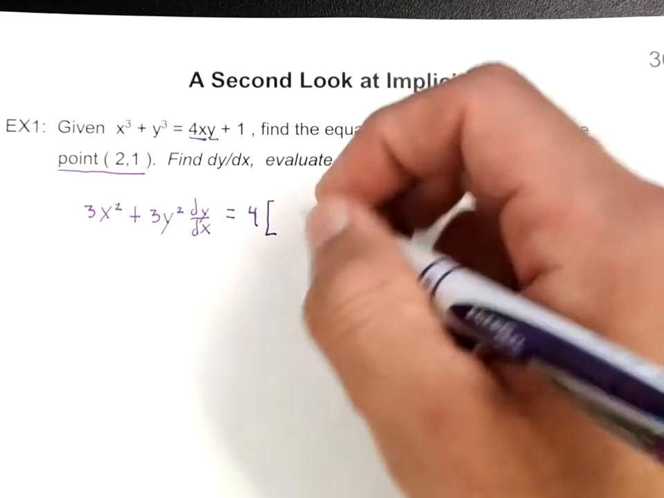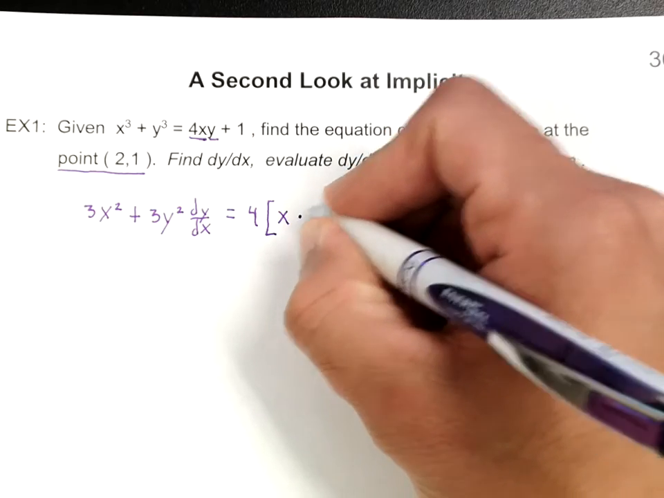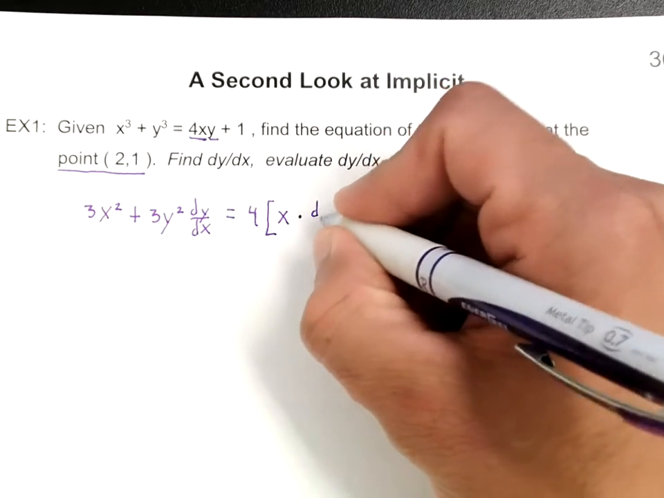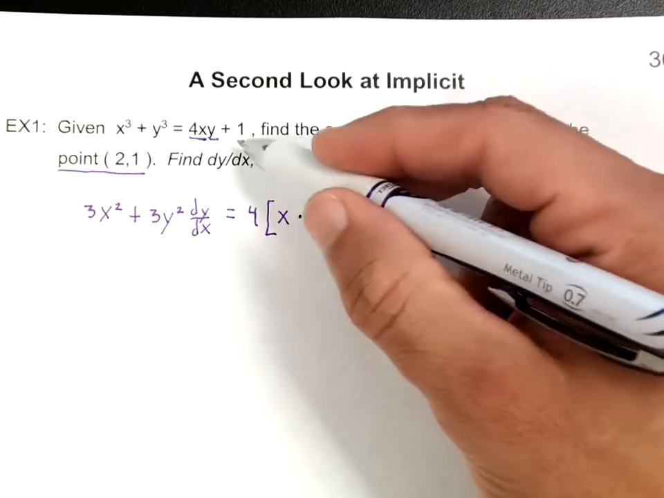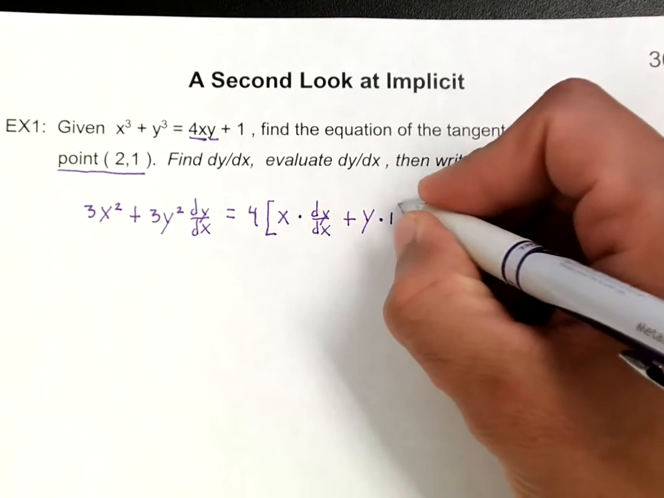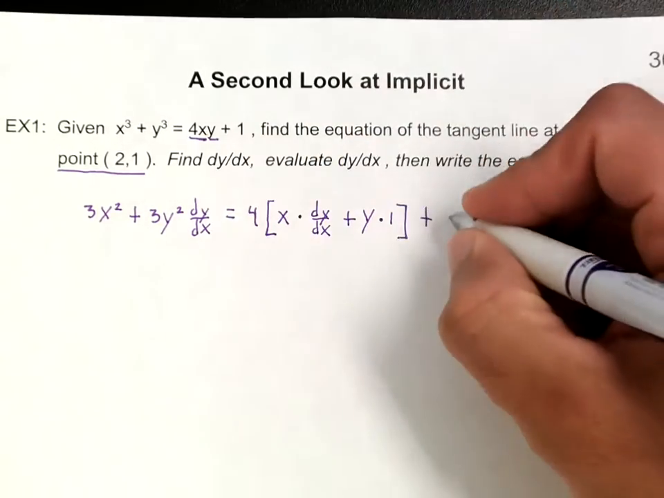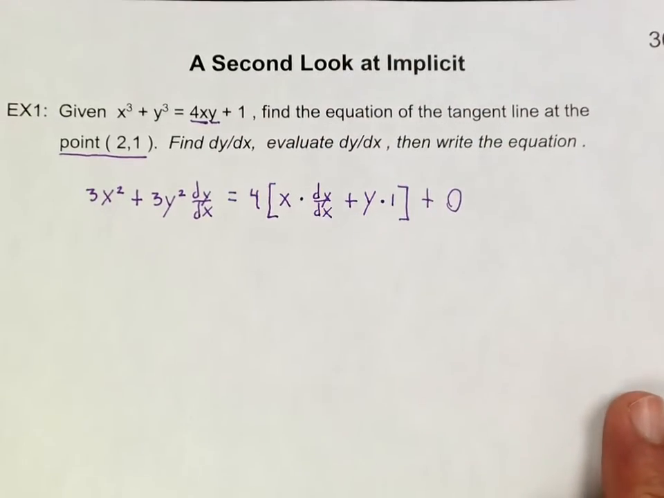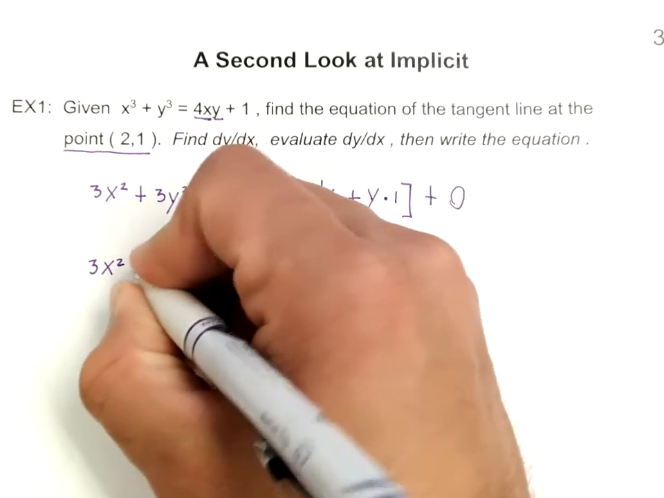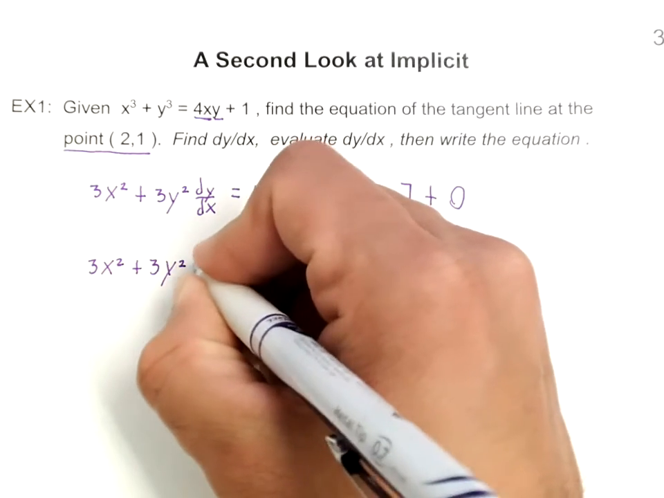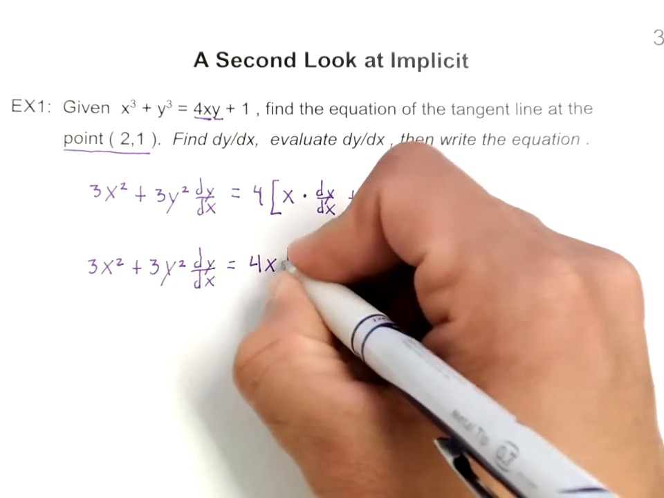So we have the first times the derivative of the second. The derivative of y is dy/dx, plus the second, which is y, times the derivative of x, which is 1. Plus the derivative of 1, which is 0. Now I'm going to distribute and add all the like terms. So we have 3x squared, which does not change at all, and we have 4x dy/dx